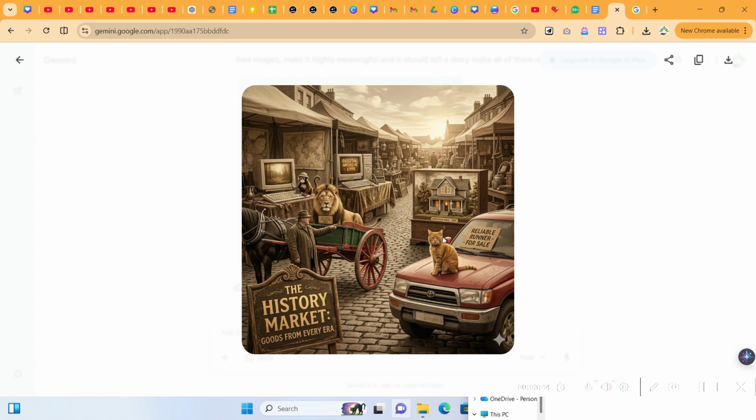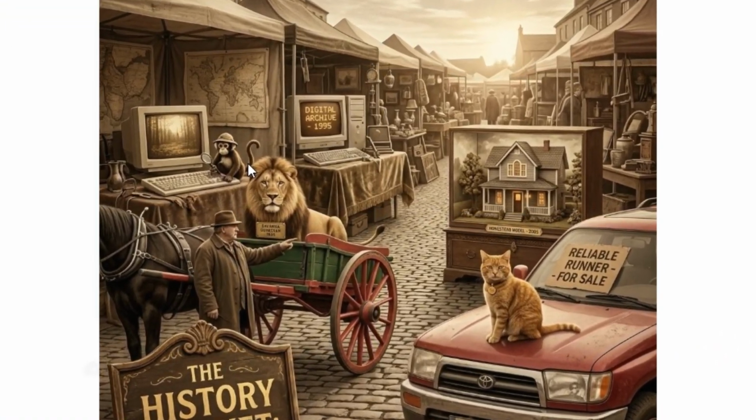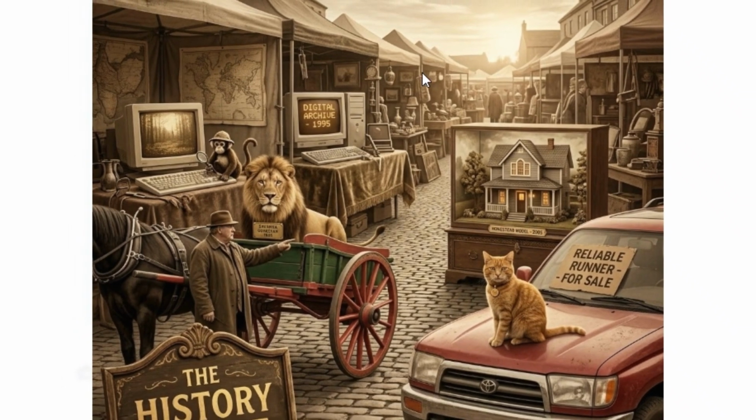So when you look through the picture, you'll be able to see that all the images have been combined in one place and they tell a story, and then it's very easy to understand. This man and the cat, they are now carrying the lion, and you can see very many details of this. Now this is easy, you can do that with any image. You can tell a story from any of your images that you have,